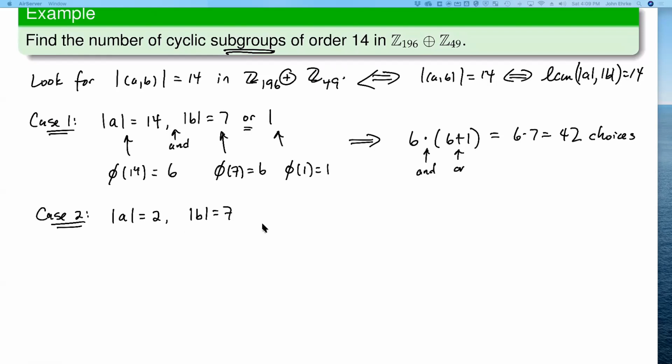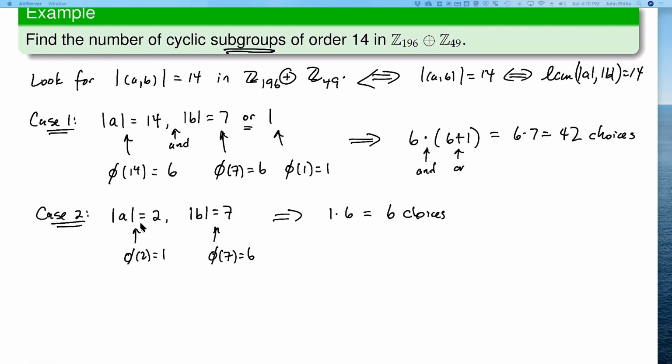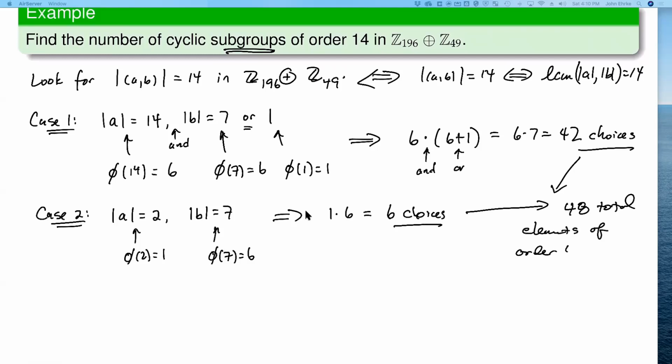So for this potential case, what we have is just a similar layout here. Phi of 2 is 1. Phi of 7 is 6. And so there are 1 times 6 equals 6 total choices for this case. So we've exhausted the cases, but we haven't answered the question, because when you combine this case and this case, you know that those two things combined say that there are 48 total elements of order 14,